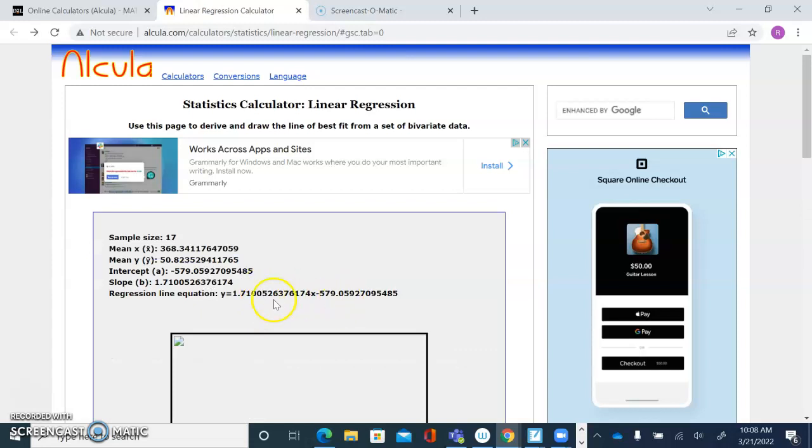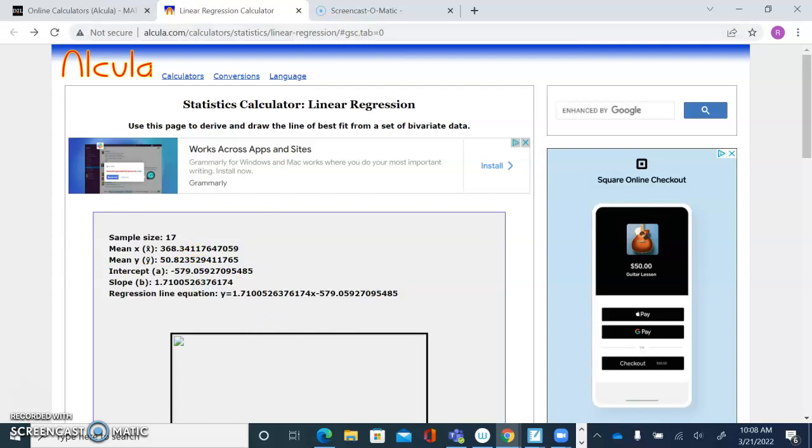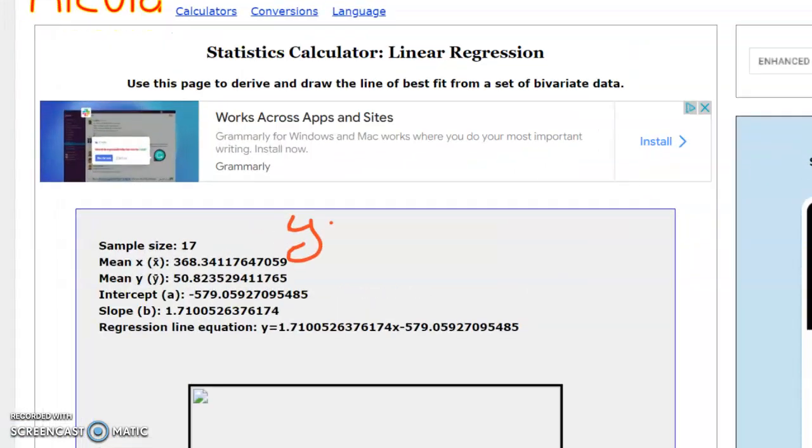The nice thing is it will give you your intercept and slope. We don't need this information. It's just these last 3 pieces here, and we are going to round these because we do not need this many decimal places. So we're going to round this to 4 decimals. We can go ahead and we're going to write an equation in y. We're going to rewrite this equation, I should say, with our rounded numbers. So it'll be our y equals